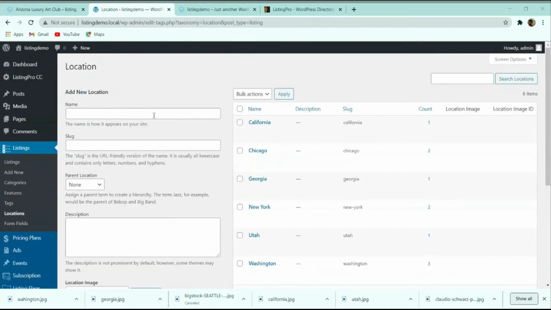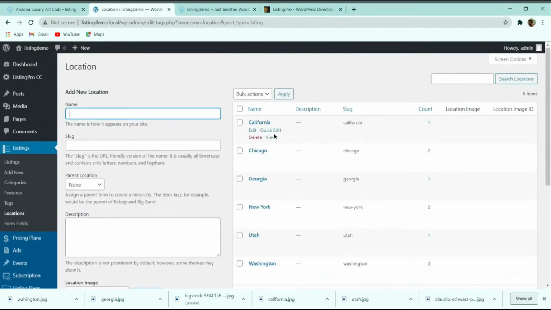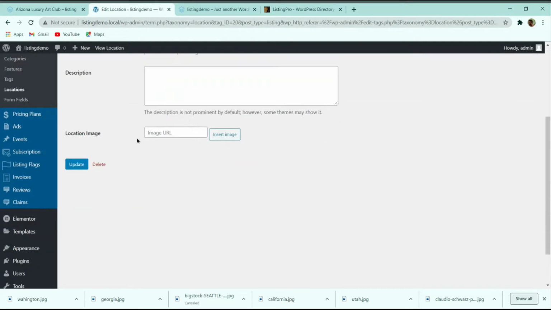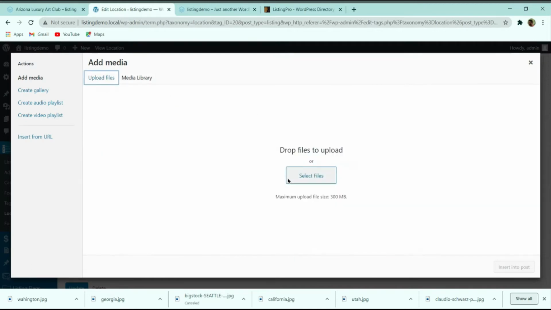Suppose you want to add a new location, you can name it over here, the location name. After that you have to select a location image. Let me upload images to it. For California, you can see that there are no images. So let me click on upload, and I will also provide all these images to you.